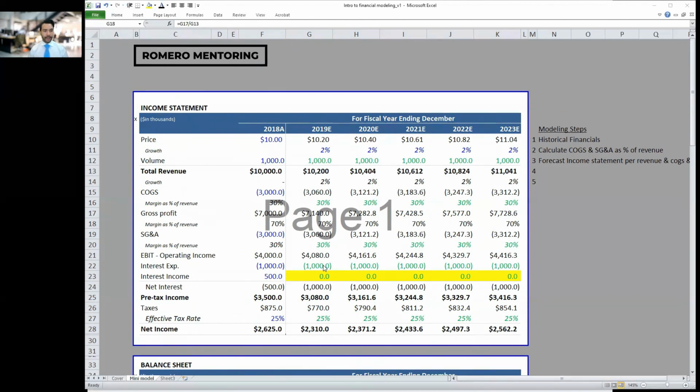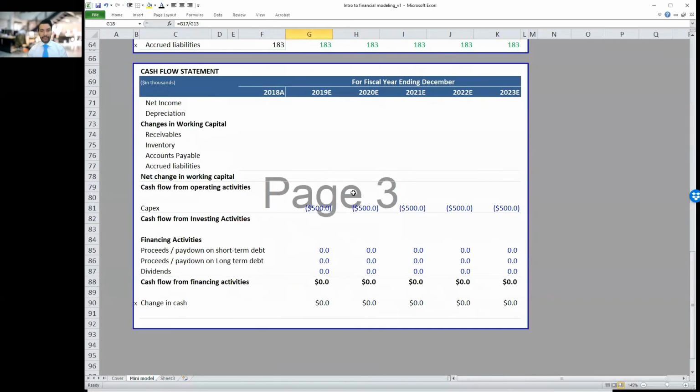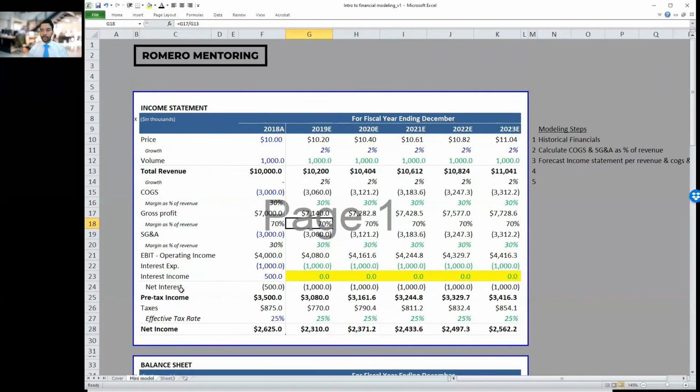Okay. All right, great. So if there's no questions, then I'll see you tomorrow where we're going to complete, again, the balance sheet and the cash flow statement and link the interest income to our interest income line in the income statement and give you a better representation of what financial modeling is, what are the steps associated with building a fully